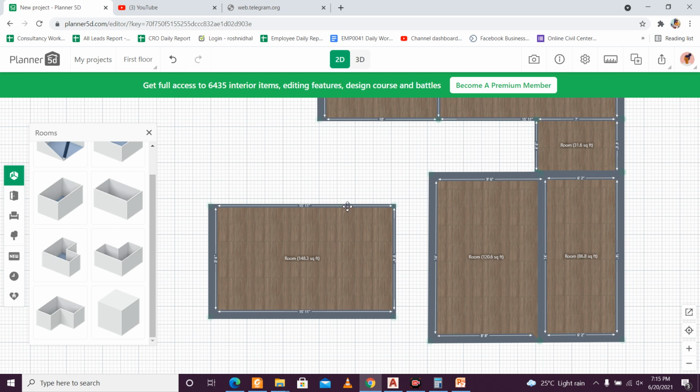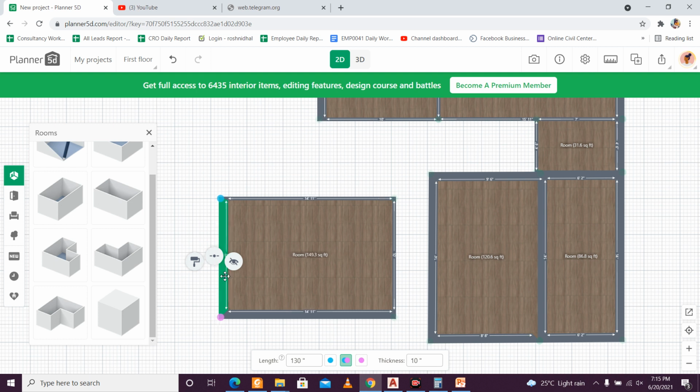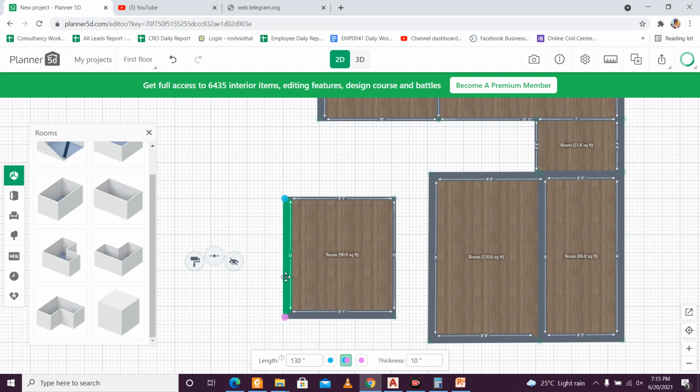So here we are going to do this as 9 feet into 10 feet. So this will go up to 10 feet, exactly 10 feet, and this one will go up to 9 feet. So 9 feet 6 inches and 9 feet.